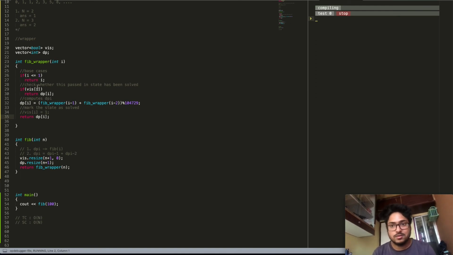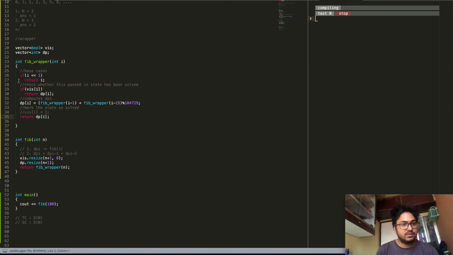All right, so as you guys can notice, this is the true power of dynamic programming. What dynamic programming does is it breaks the problem into certain states, all right, and it computes each of these states only once. And that's why dynamic programming gives us a huge boost on runtime complexity.